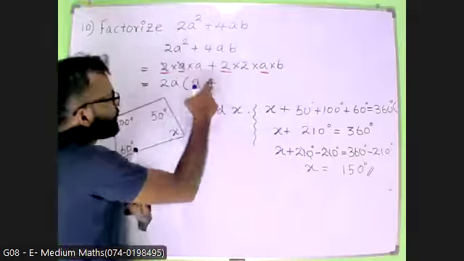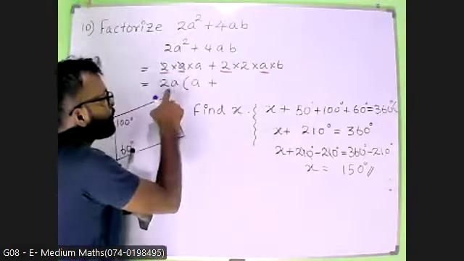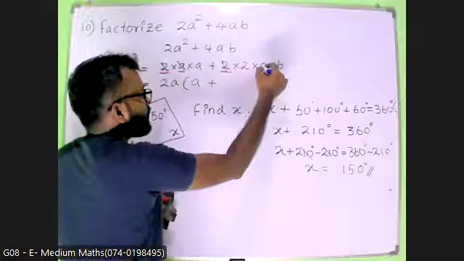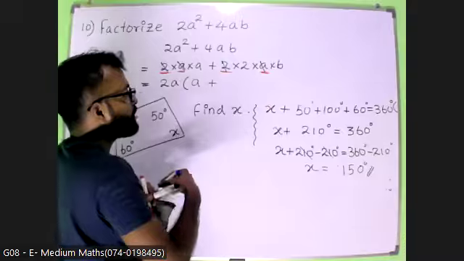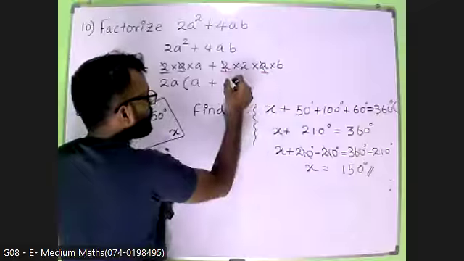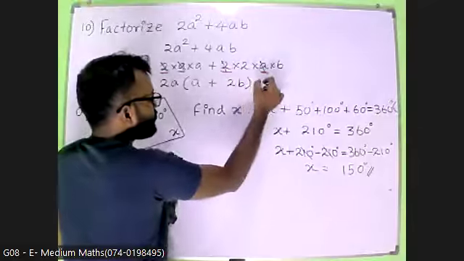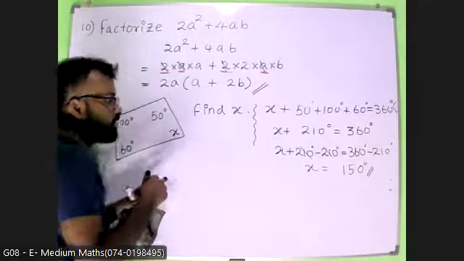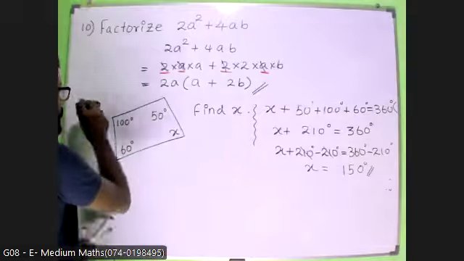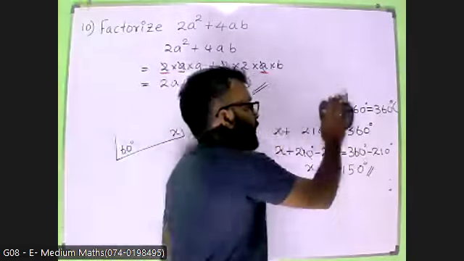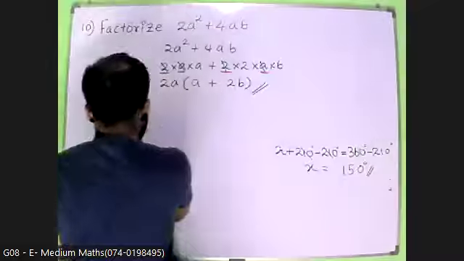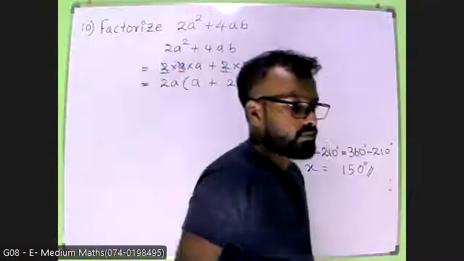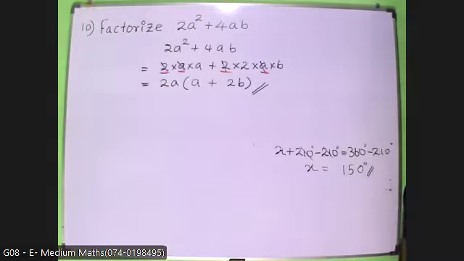Use your pencil, right? I have taken 2a out. What are the remaining terms? a and 2b. So this is the factorization. This is how we are going to do the factorization. Very easy. Right. Okay, guys. So for today,